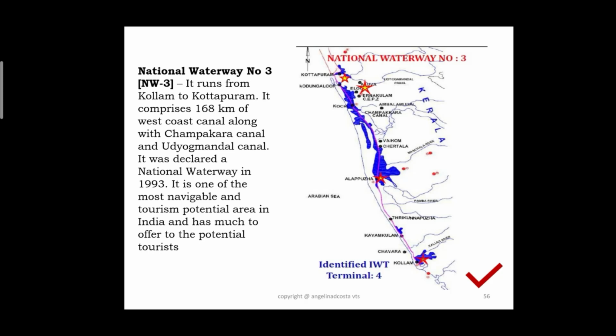Besides these national waterways, the Inland Waterways Authority has also identified 10 other inland waterways which could be upgraded. The state of Kerala is famous for its backwaters, which not only provide a cheap means of transport, the Nehru Trophy boat race, Vallamkali, is also held in these.